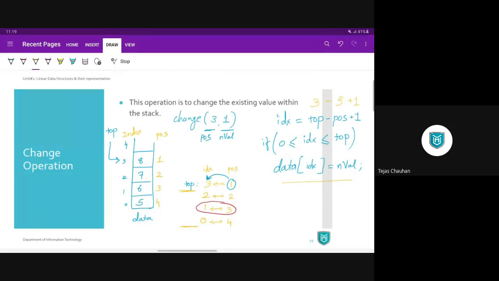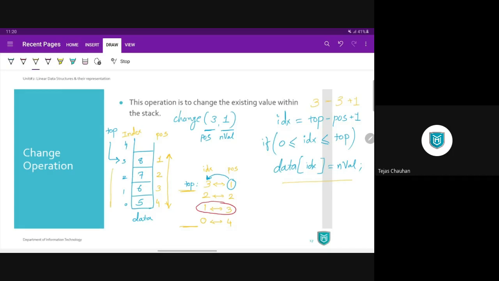That is where the topmost value is. The value is 8. And user wants to change the third position value. Now user will always calculate positions from the topmost value. So this is how user will calculate positions 1, 2, 3, 4.